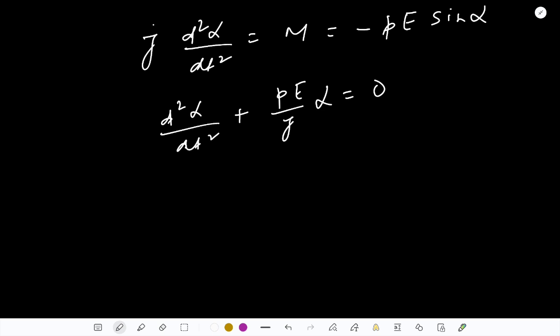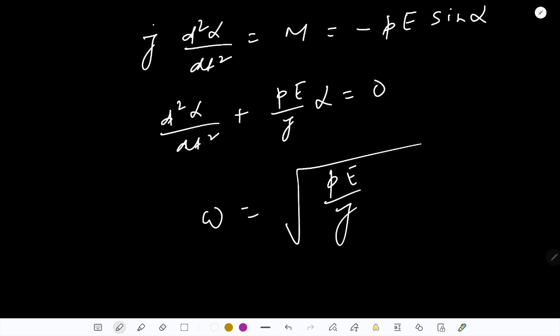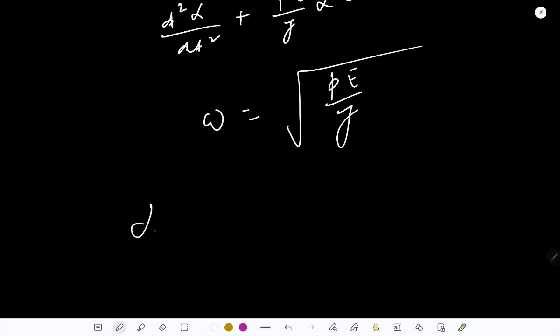is the equation of harmonic oscillations with frequency omega, angular frequency of the rotation, equal to square root of P E upon J, and taking into account the initial condition, the law of motion of dipole has the form alpha equals alpha naught cos omega t, and